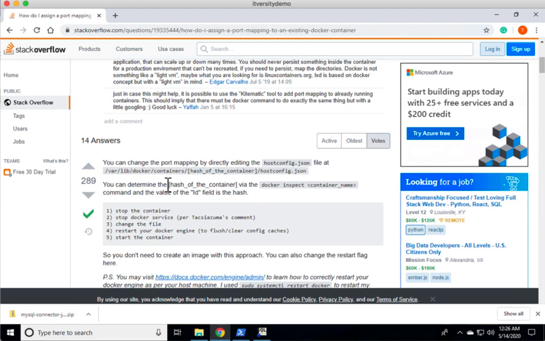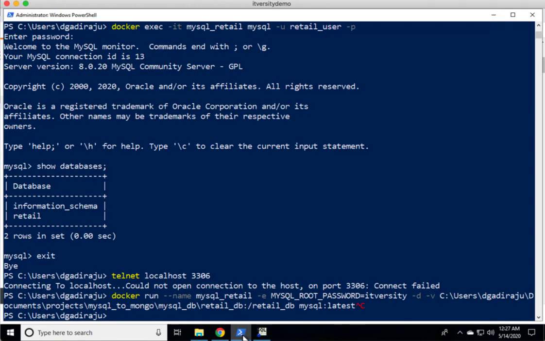Ideally, while creating the container itself, we should apply those bind rules. As we haven't done that, we have to bind while starting the container. For this, we have to stop the container, we have to stop Docker service, we have to update a configuration file, we have to restart the Docker engine and then start the container, which is a bit tedious. I don't want to get into those level of details at this time. I just want to delete this container which was started just a couple of days back, and I want to start with port binding. How to delete this container?